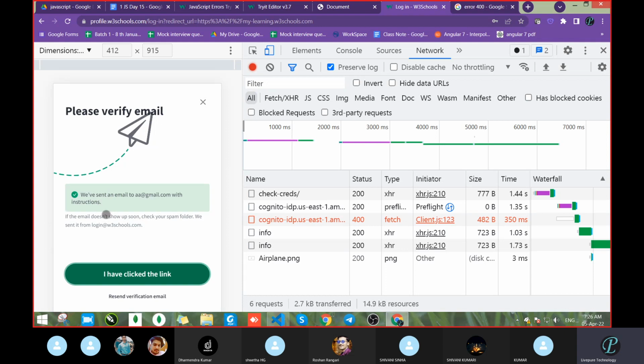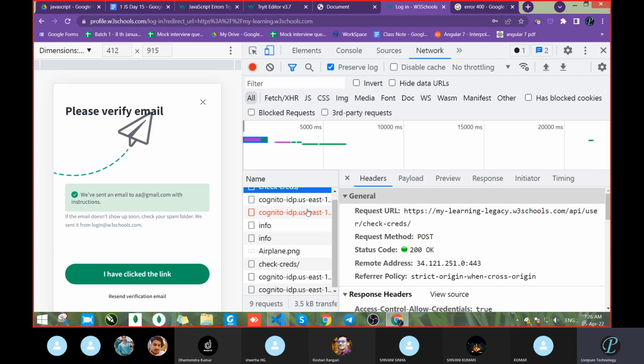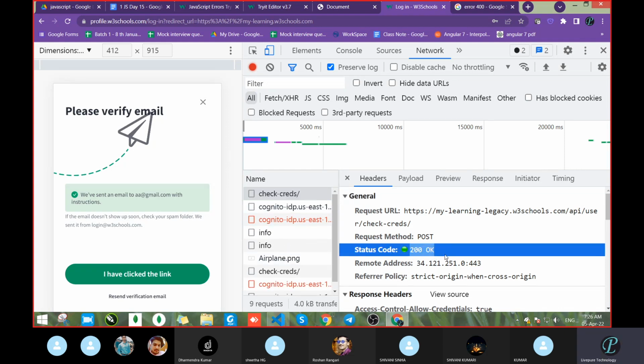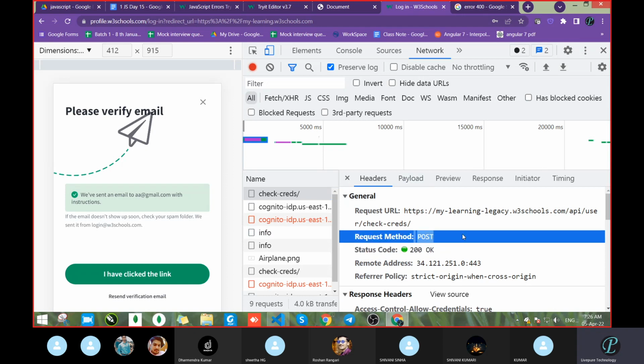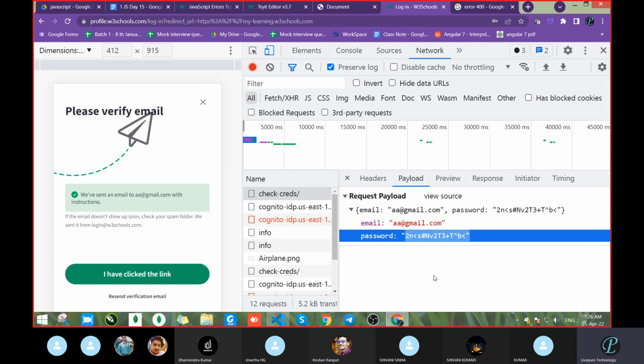Now see, this is the message and it came from somewhere. Let's click and go through each line, each one a server request. This one is not a server request. So the first one, what did we get? We got 200, which means everything is going fine. And what is the method? The method is the POST method. Let it be, the method is not an issue. And what data did we pass? Email ID and password. But we had not passed the password as plain text. We had passed something like aa@gmail.com.